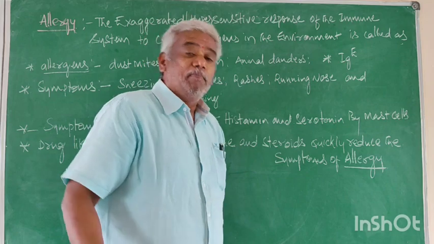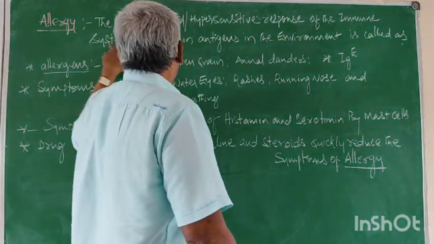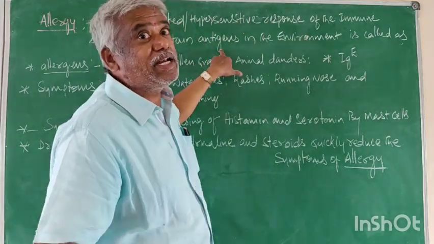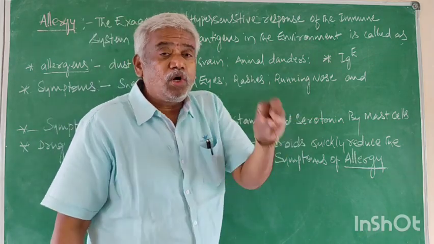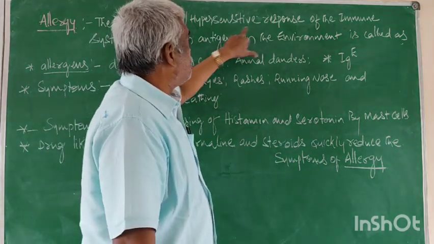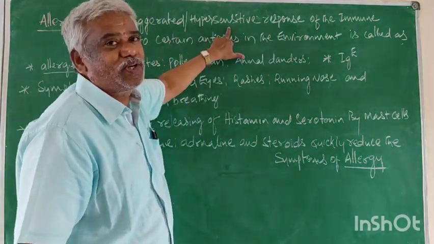This is the basic function of the immunity system. Right. Now what is this immunity system? The response of the immunity system is to certain antigens, but not all antigens. The response that the immunity system gives to only some antigens in this environment is hypersensitive,